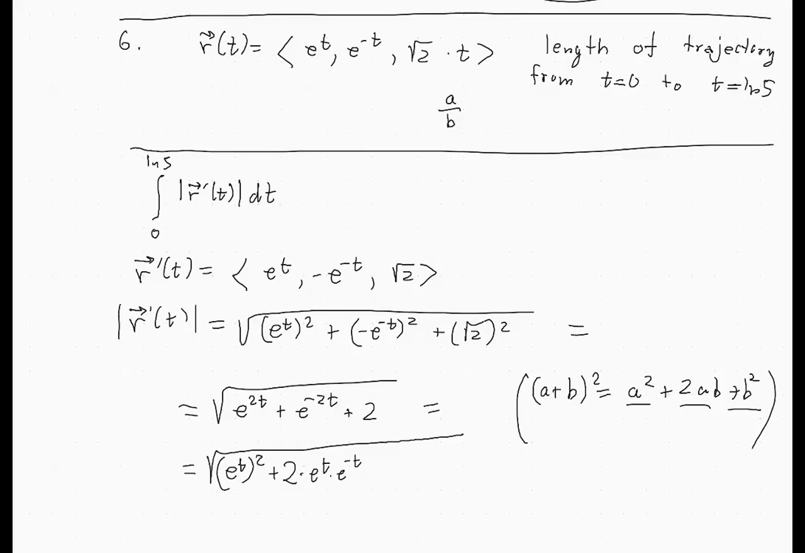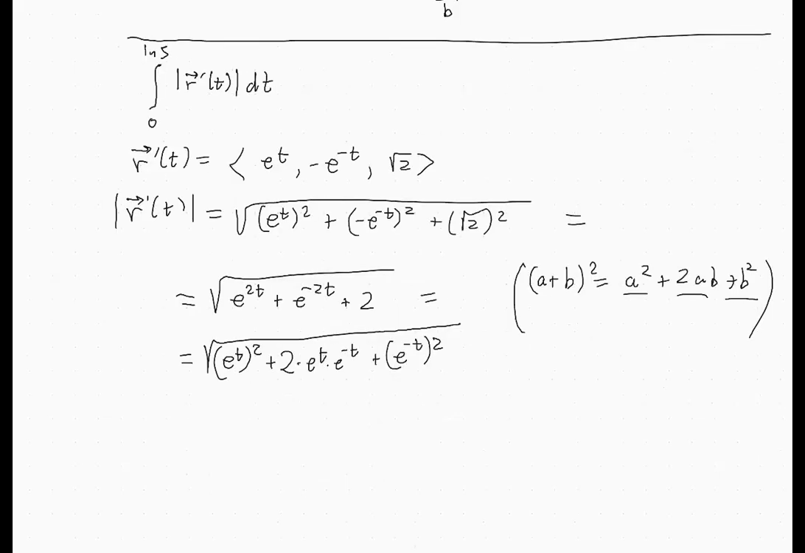So your a and your b are e to the t and e to the negative t. So that will give you e to the t plus e to the negative t all squared under the radical. And now we have the fortunate situation where the radical and the square cancel each other, and that will give you,